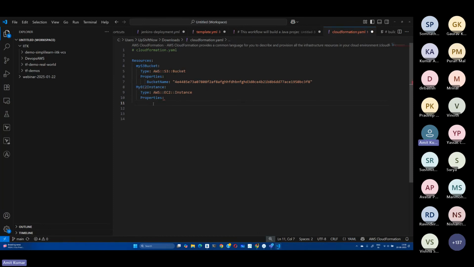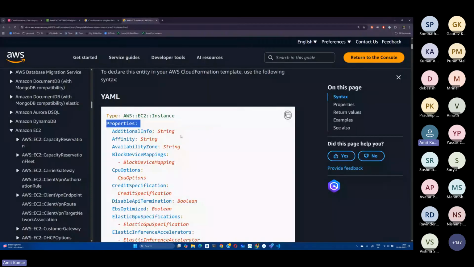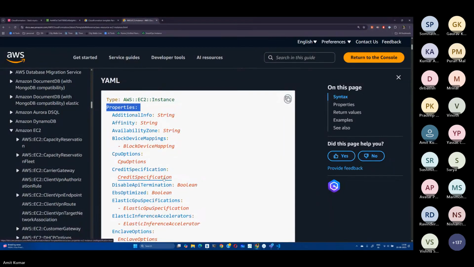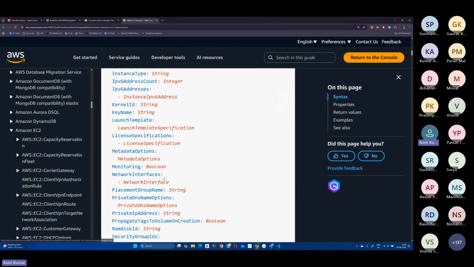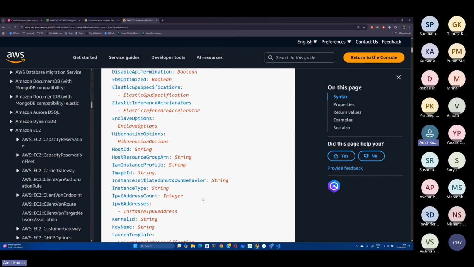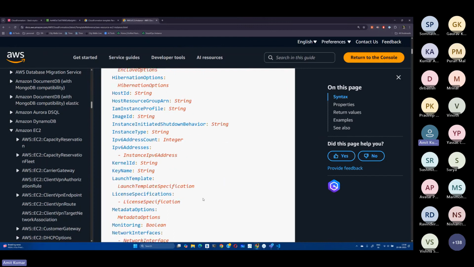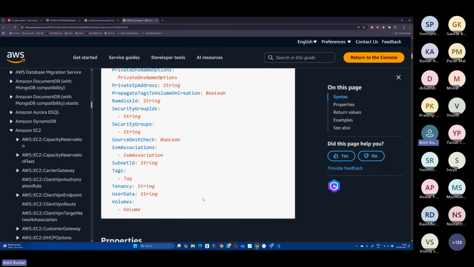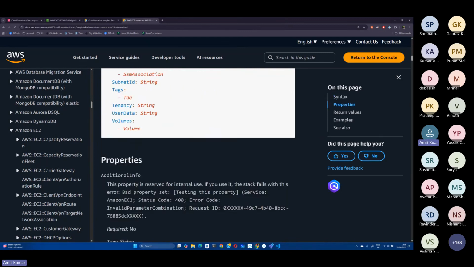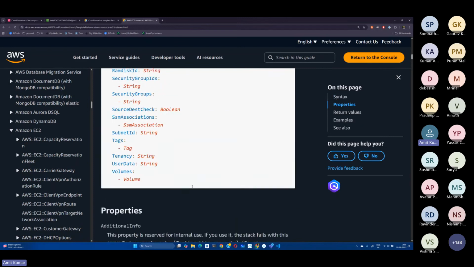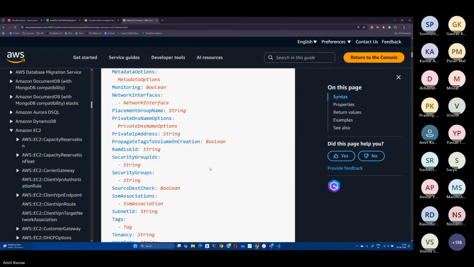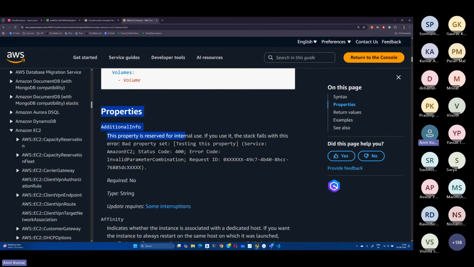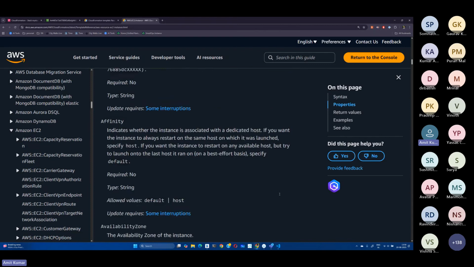So what are the properties? Now you see there are many properties here. For the S3 bucket also we saw a lot of properties. The thing is, not all the properties are mandatory to be provided. In the bucket we saw there are so many properties, but we provided only the bucket name. In EC2 also there are so many properties. Now each property has its own description, what it does and all that. And if you scroll down, you can see everything here for each property. For example,